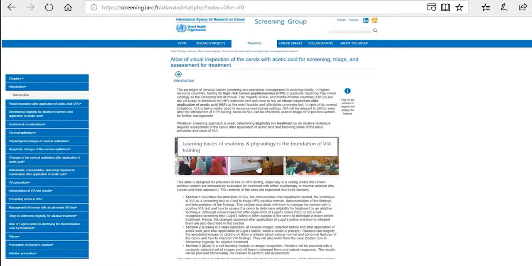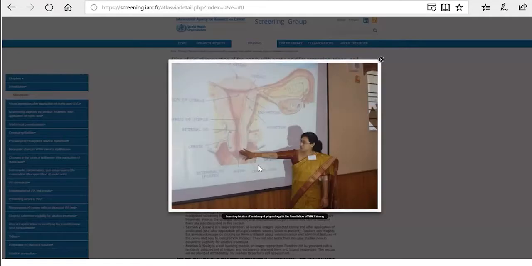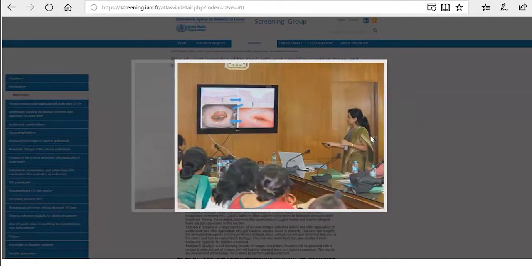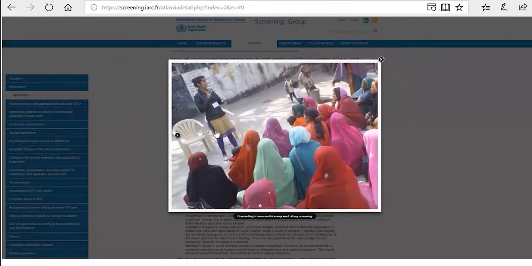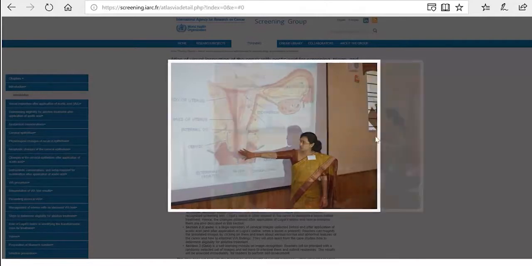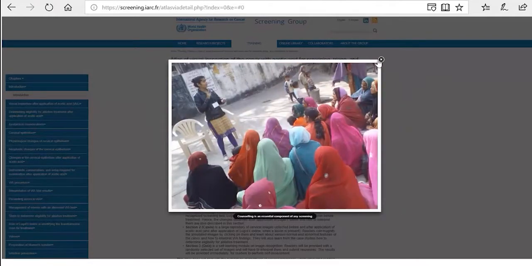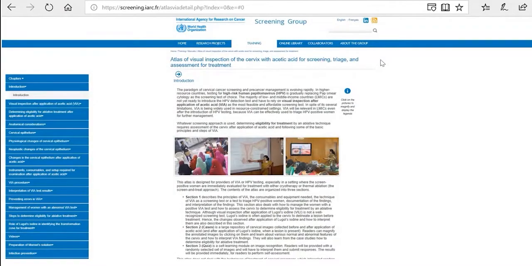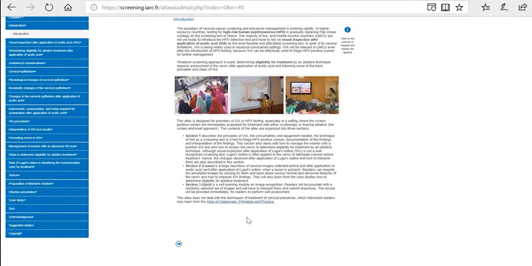These images are interactive images. So you can click on them to magnify. Say for example, if I click on the picture at the center, you can see the magnified image with a legend at the bottom. You can see the pictures one after another by clicking on the arrow at the side of the picture. As you can see, the pictures are moving. To close the picture, you will have to click the cross and the picture will go back to its original size.